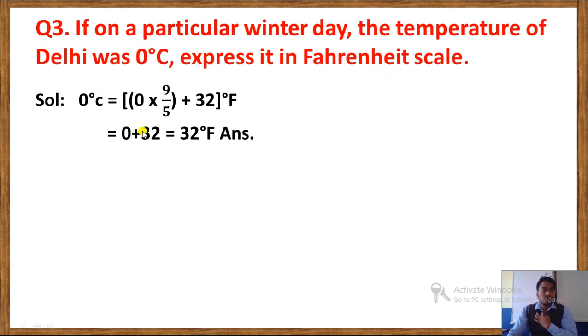So according to the point, first we have to multiply by 9 by 5. As you can see here, 0 into 9 by 5, then we have to add 32. When we calculate it, we'll get 0. When we multiply any number by 0, we'll get 0 only. This you know very well. So from this part we got 0, plus 32 you write as it is here. Now finally when we add, we'll get 32 degree Fahrenheit, and you know very well 32 degree Fahrenheit is the freezing point of water in Fahrenheit scale. So this is the answer.